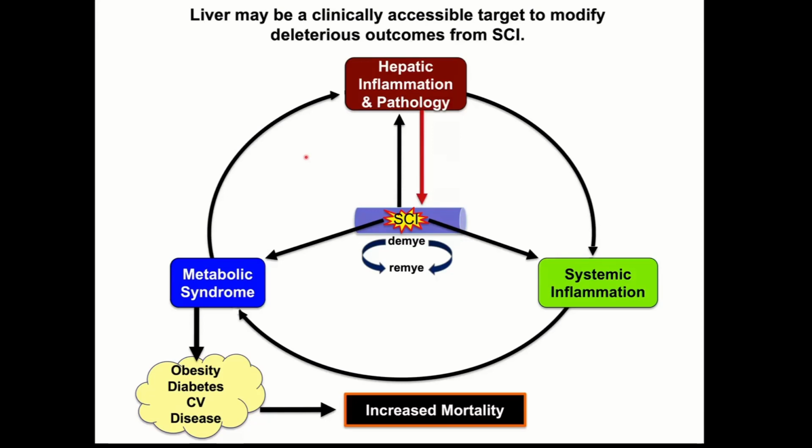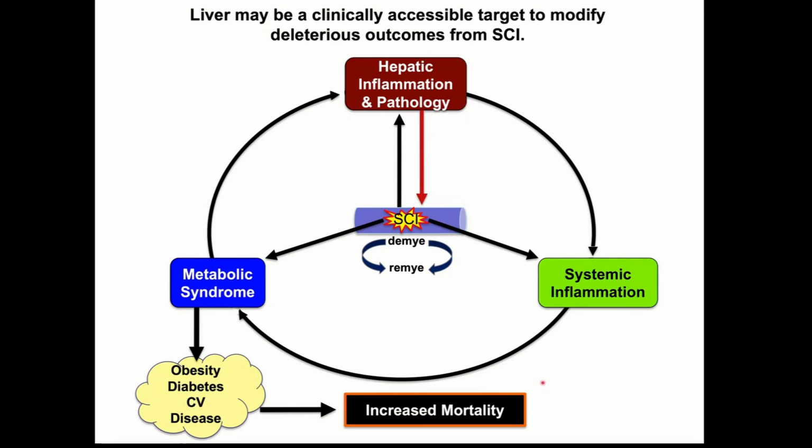So putting this all together, wrapping up here, what I've shown you today is that we have spinal cord injury occurring in the adult nervous system. We have ongoing repair and injury within the spinal cord itself, and then this injury is setting off what we know to be hepatic inflammation and pathology. Other evidence in the lab and other people's labs has shown this also helps to drive systemic inflammation. Collectively, this leads to what's called metabolic syndrome, which I'm sure you've heard about in terms of obesity.